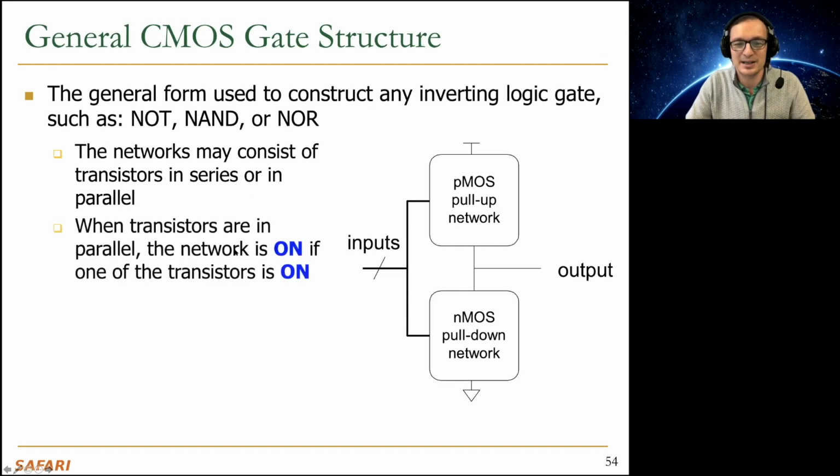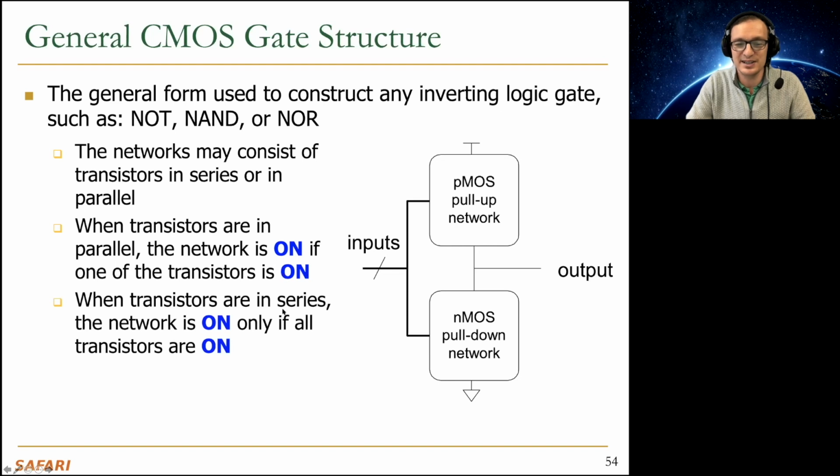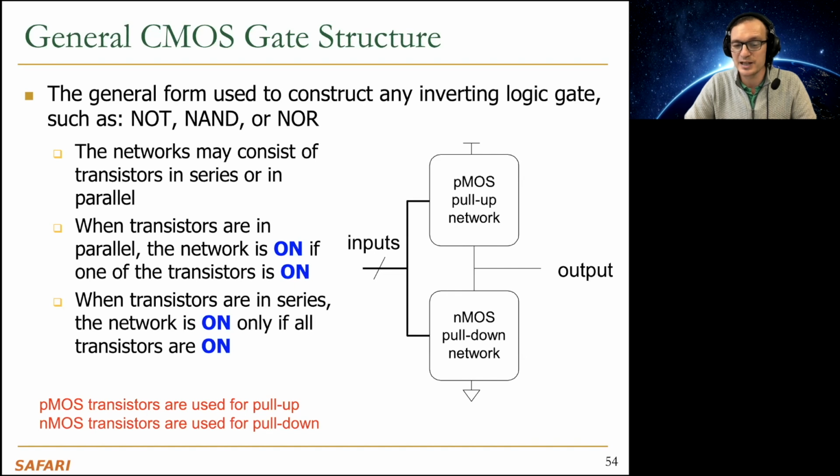When transistors are in parallel, the network is on if one of the transistors is on, as we have discussed earlier, right? When transistors are in series, the network is on only if all transistors are on. That's true for both of these over here, actually. And you can put transistors in parallel or series in either of these pull-up or pull-down networks. And as I said, PMOS transistors are used for pull-up and NMOS transistors are used for pull-down because they're better